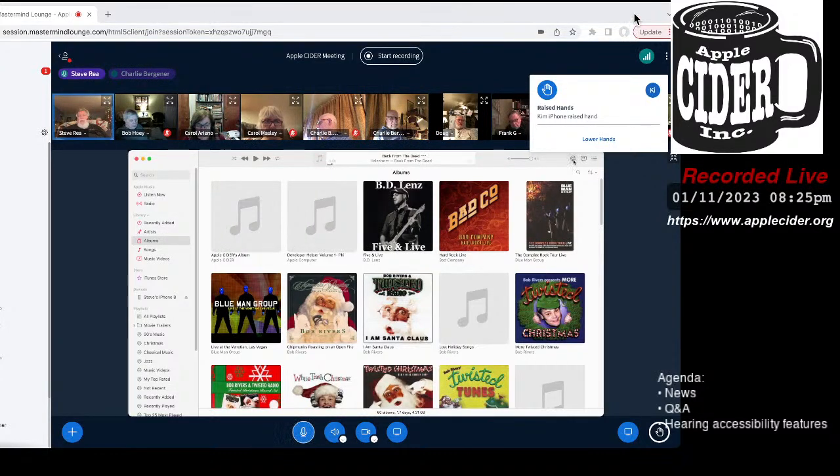And also in the music window, there's an AirPlay button. So if you have an Apple TV, you can send the music from your computer to your Apple TV, which you probably have connected to big TV speakers or a surround sound system. So you can also play your music through your bigger speakers.